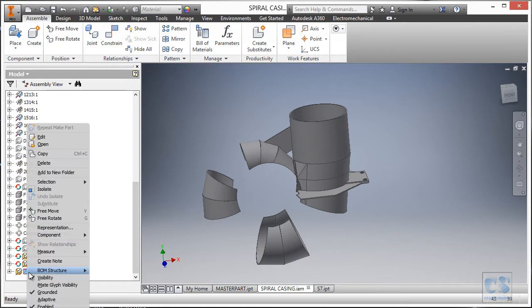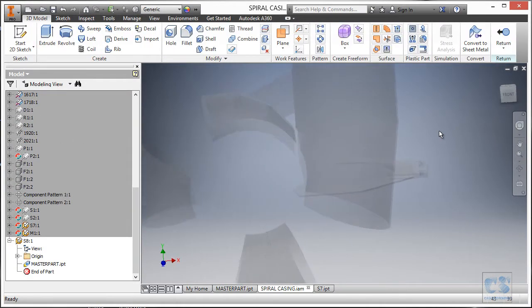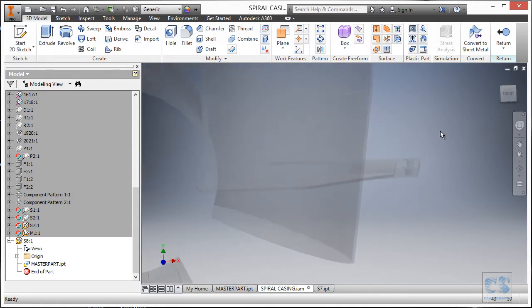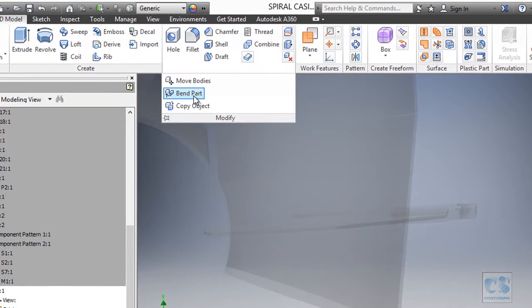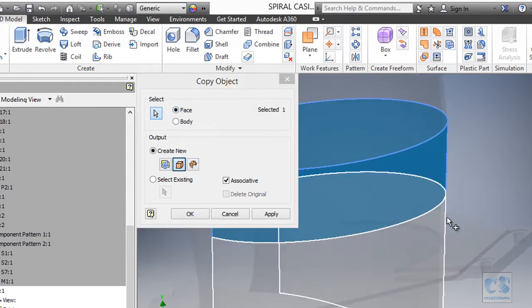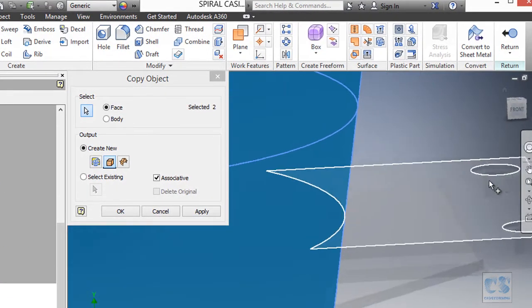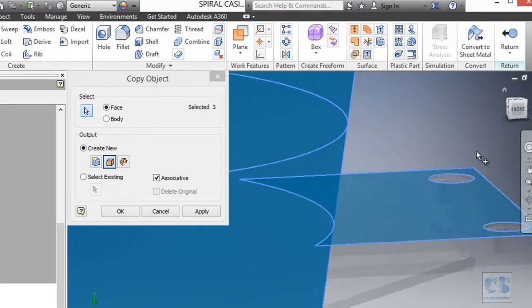Now we edit in place, and as we are already familiar, we are going to first start by copying the face we need. So this and that, and we will also copy the top face of the mounting plate.